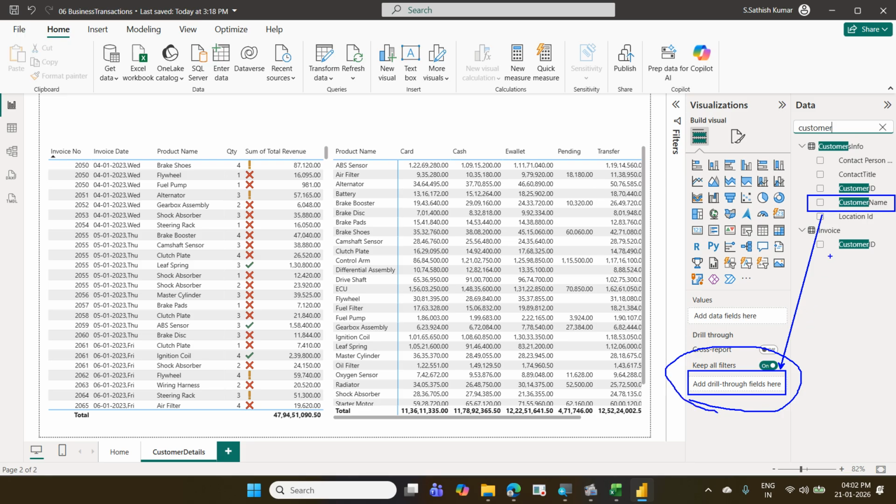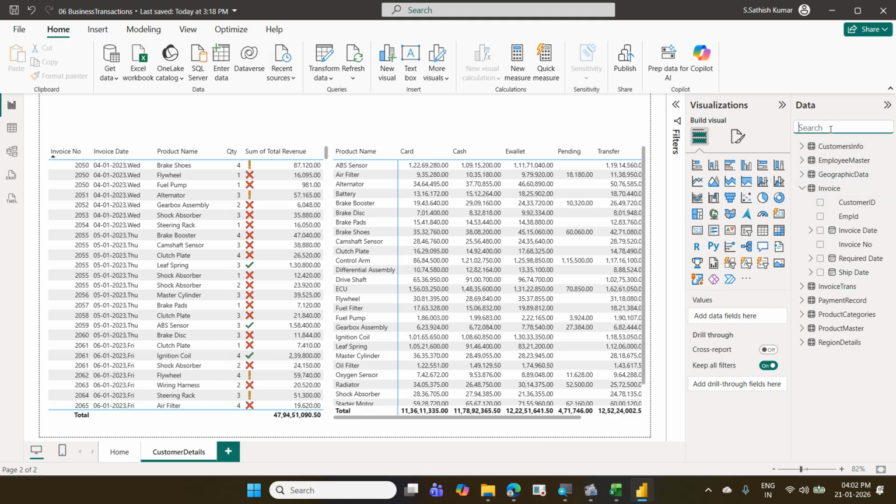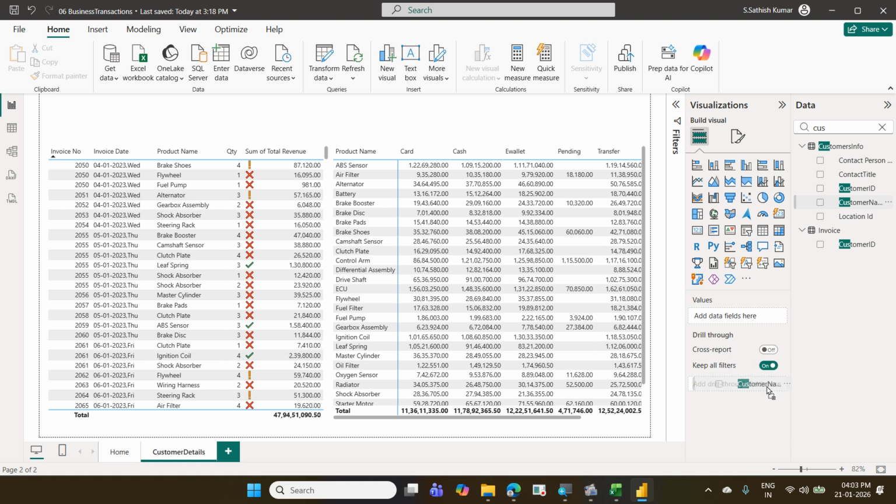Two things would have happened. One is you can see a back button is automatically inserted. I will tell you what is the usage of this back button. Another one, I did this in the customer details page, but two changes have happened. One is there is a back button. Second one, go to the home page,